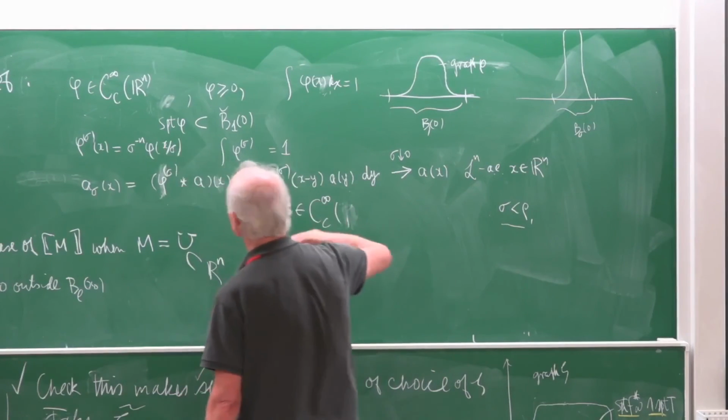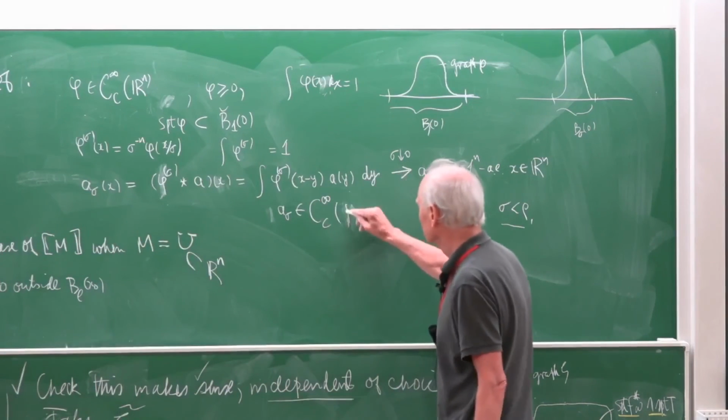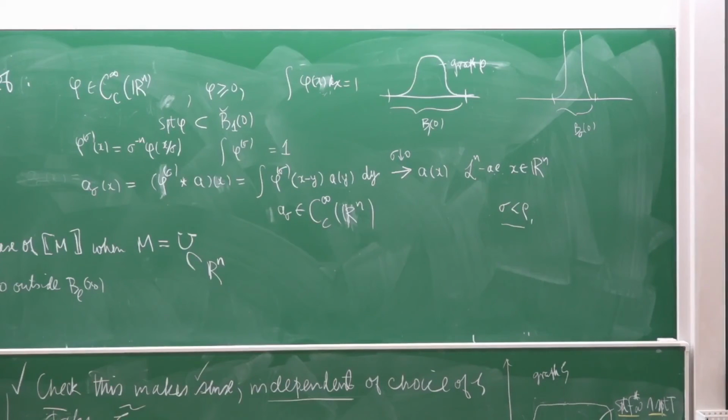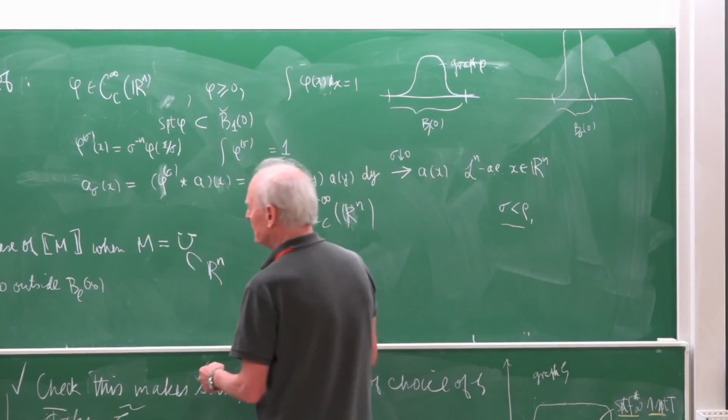What did I take? So I was taking A in L1 of Rn. Okay, so that makes sense, C infinity on all of Rn. Okay, so we do that. And now observe that